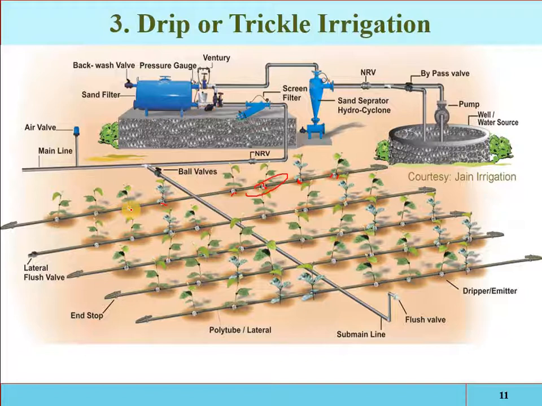Drip irrigation limits the water supplied for consumptive use of the plants by maintaining a minimum soil moisture equal to field capacity. Field capacity means how much water is stored in the soil against the gravitational forces. So throughout the season, the field capacity is maintained by this irrigation system. Along with irrigation water, nutrients and fertilizer solution are also fed to the system.